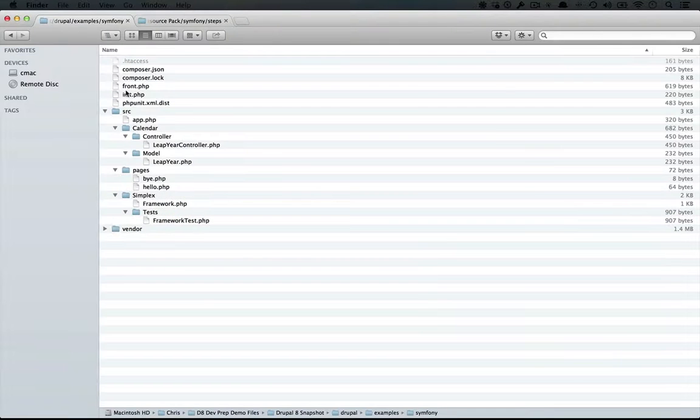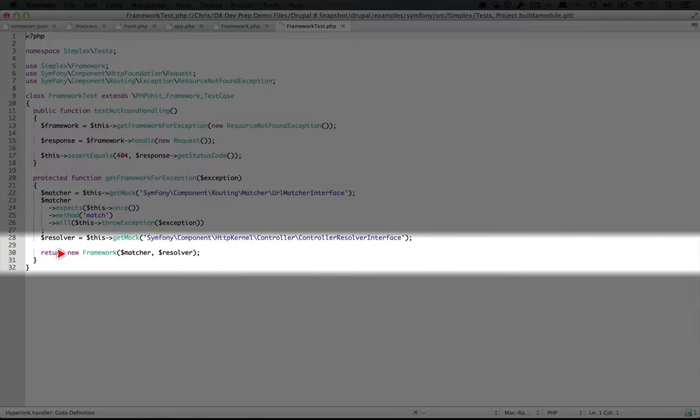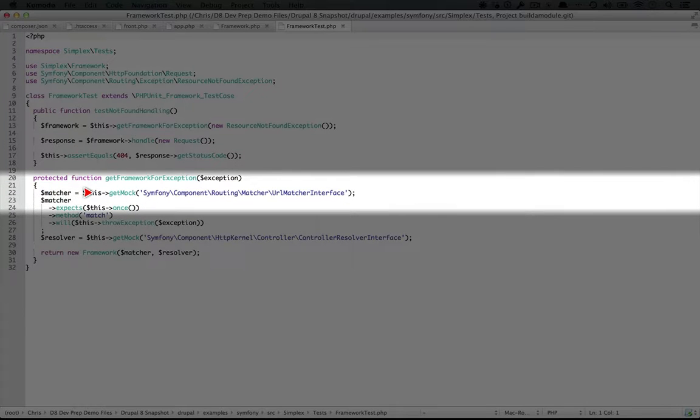I'm going to go back to our examples and open framework test. And we have down here at line 30, we have return new framework matcher resolver. Now the matcher is being set here, and we're using a get mock method, and then we're passing an interface, URL matcher interface. Now we talked a little bit about interfaces before, but just to recap, the idea of an